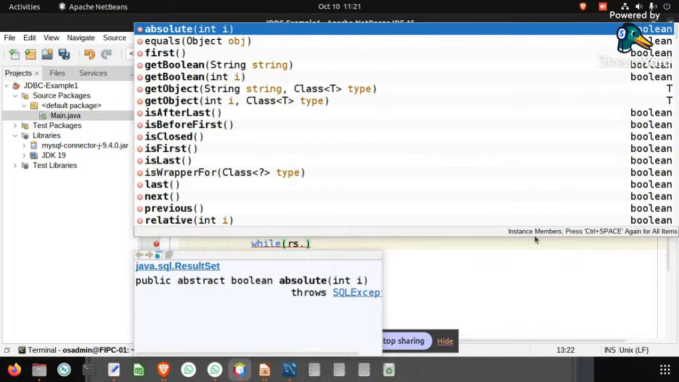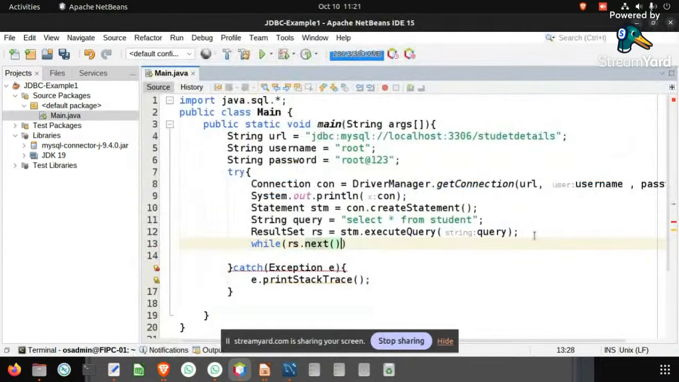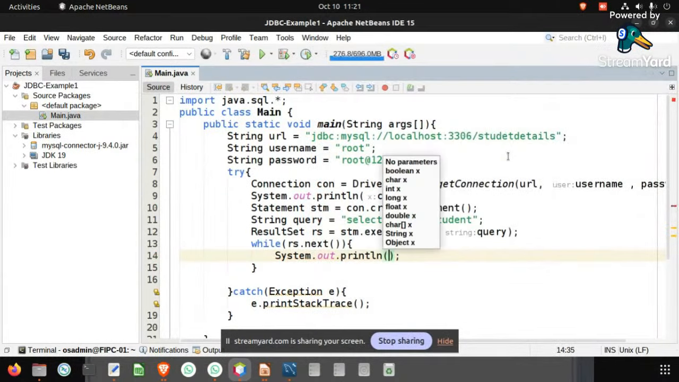So for that, we are going to use a predefined method, which is called next, to check whether the next data is available or not. If it is there, now I am going to get the data. Is it clear? So here what I'm doing is System.out.println. The first one is going to be id. This is going to be student id